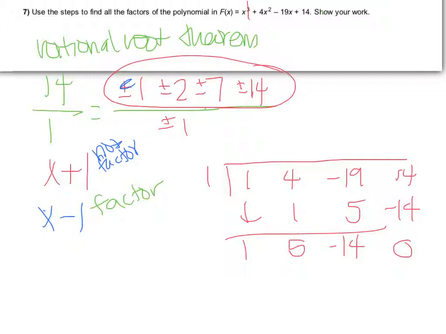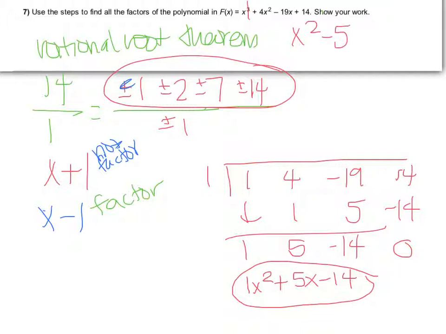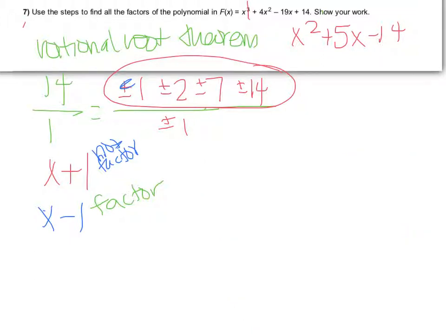And when I divide it by x minus 1, I'm left with 1x squared plus 5x minus 14. So then I'm going to start synthetic division all over again, except this time I'm going to just be utilizing this factor, the x squared plus 5x minus 14. So I'm going to rewrite that up here. So x squared plus 5x minus 14. So I know that 1 worked. Now I'm going to try